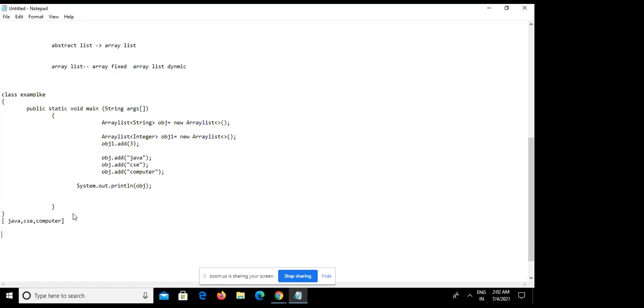So why is ArrayList coming? Because ArrayList gives some extra features, like the remove operation. We can remove from the ArrayList, which is not even possible in a simple array. That's why ArrayList comes. Again, I'm putting one class, Example.